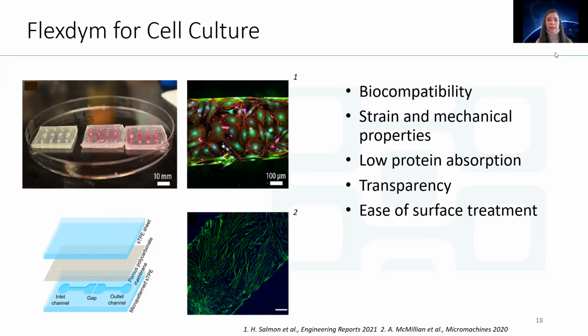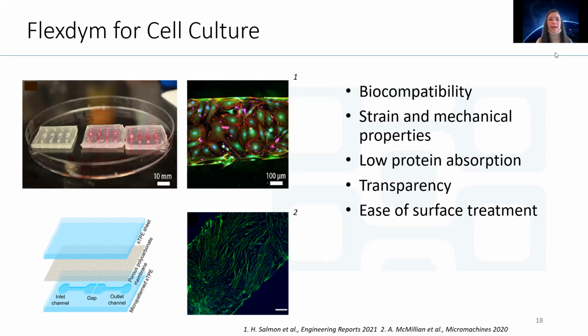And what we have here on the left are two examples of current or recent publications using Flexdym for perfusion cell culture studies. So in the top, the author did perfusion cell culture of mice dermal cells. And you can see that this is a material that can be easily implemented for this type of application. But what is really interesting is that the author really harnessed the advantage of the reversible bonding. And so we have switching from closed to open conformations of the devices so that the media can be